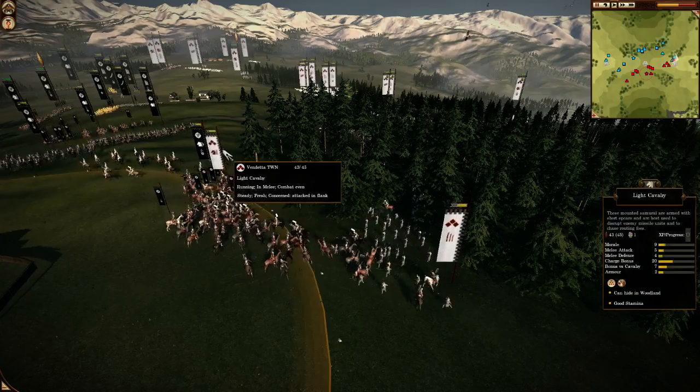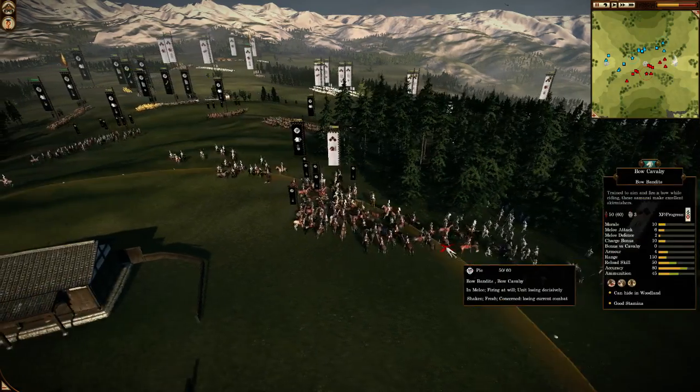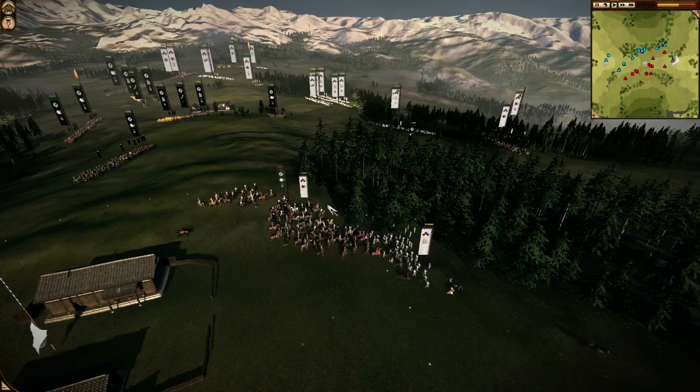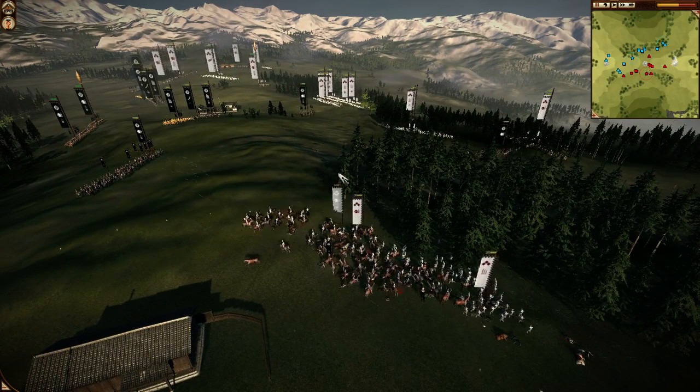And I've just stopped it with, what was that? 380 and 210. 600 koku. And it's not only the koku that matters, it's the role which the units play. These bow cav, as I said earlier, I have to shut those ranged cav down as quick as possible, because